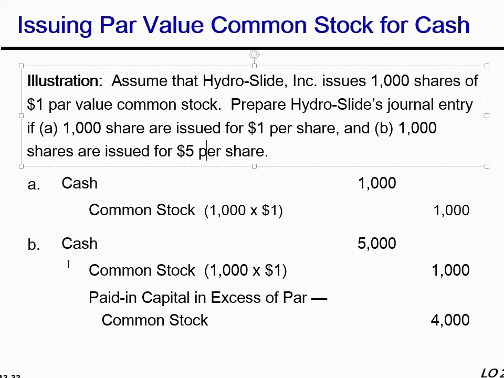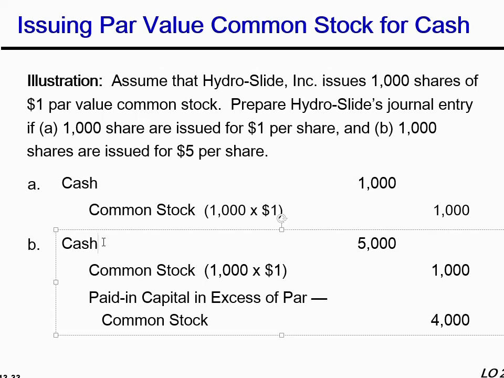So now for part B, the company received the cash. How much cash did the company collect? 1,000 shares the company sold and they have collected $5 for each. So 1,000 multiplied by 5, which is 5,000, is the cash the company has collected. For what? Because they issued the common stock. So common stock gets credit.